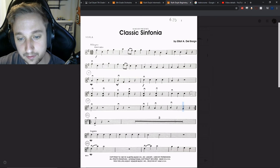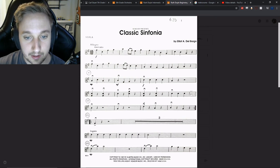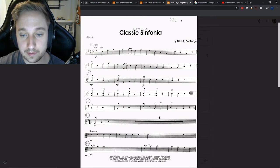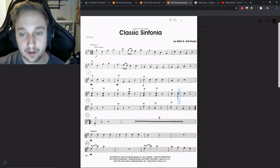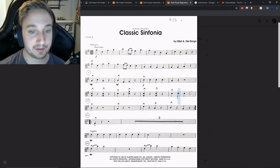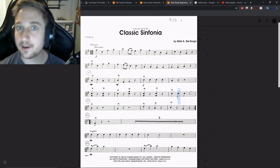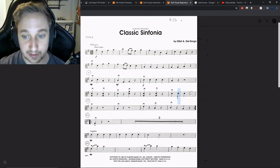So a couple of little bow gymnastics, jumping back and forth between strings. Just make sure you're taking good care of your intonation, making sure you're playing nice and in tune. And again, all these are down bows, every single note except for this guy right here. One note in all of this space is an up bow. Everything else is a down bow. So make sure you're getting all of these resets in here, making sure you're bowing it carefully so our bows